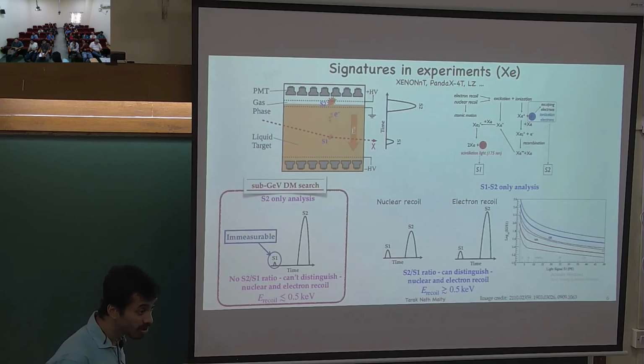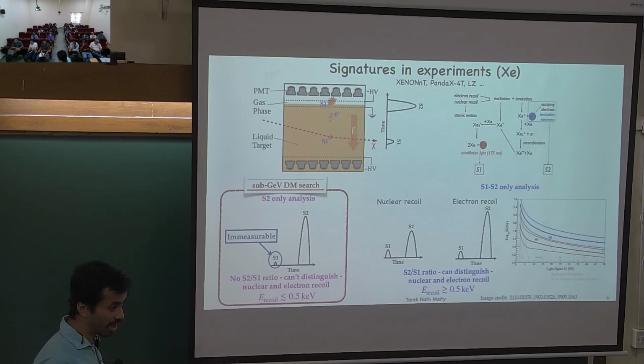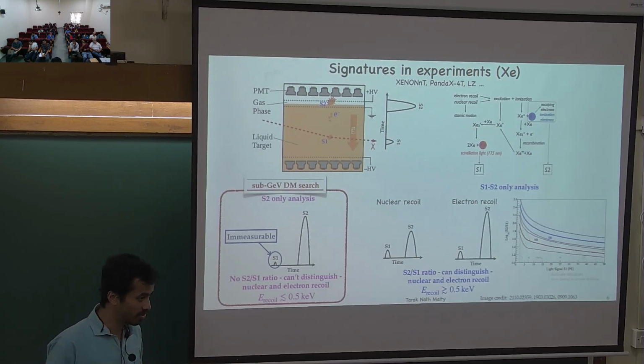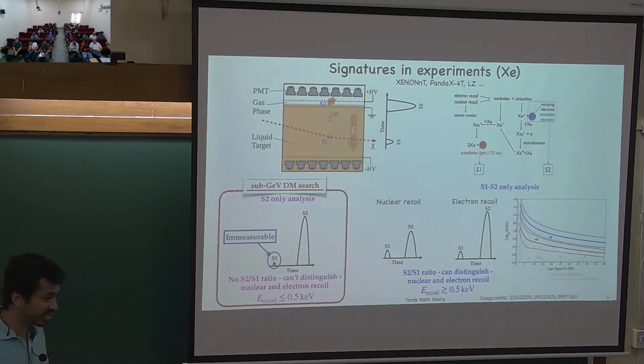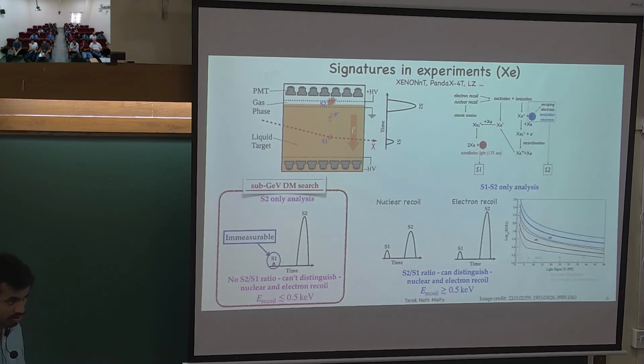For electron recoil, typically that would be above 1 keV or so. So the electron recoil has to be above 1 keV or so. And if you have typical elastic scattering between dark matter and an electron, producing a 1 keV recoil is a bit difficult, but you can produce it with a suppressed rate.